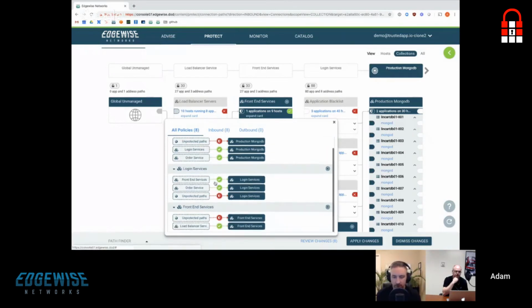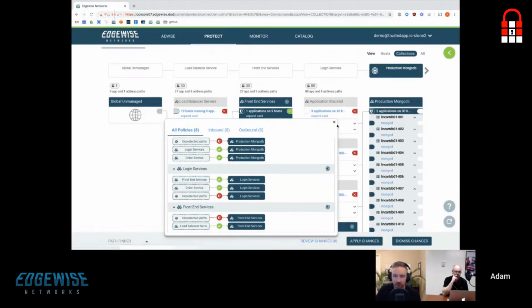And I can see that as I continue down here, same thing for the login services. I put a default deny, allowed through just those that are needed, and the front-end services the same way. So 8 policies has been able to completely protect the login functionality and the user's service functionality of my e-commerce application. This is not dependent upon subnetting, VLAN, or where this is.